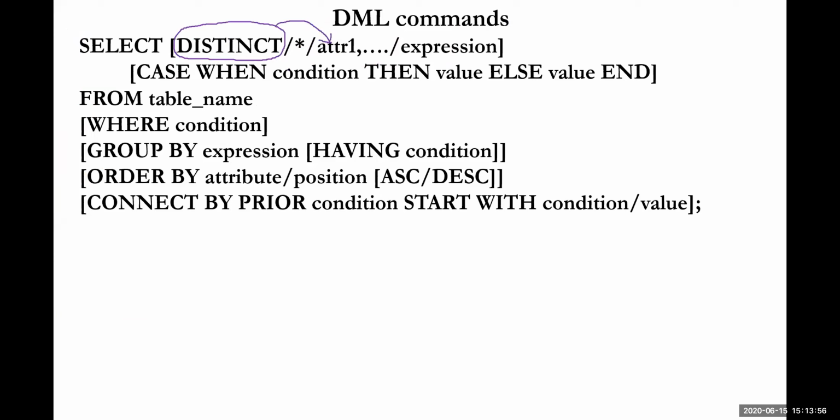Let us consider select everything from EMP, that is select star from table name. If you are supposed to operate with star, distinct cannot be operated here. Select distinct star from EMP or any other table name cannot be expected here. So only a single attribute will be taken into consideration, and then only distinct can be operated.